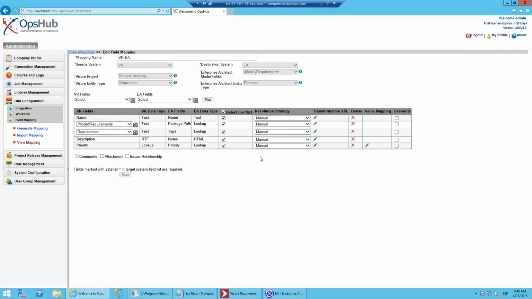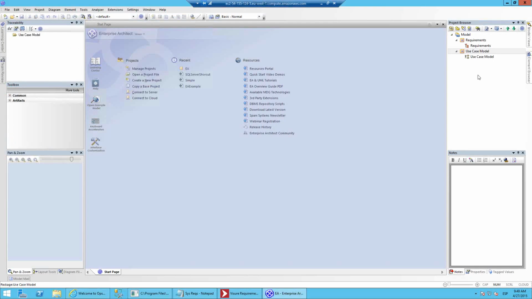Even if, for example, the priority is not matching in both tools. Maybe the priority in Visure Requirements is high, medium, low, but in Enterprise Architect it's going to be a number, 1, 2, 3 or something like that. We can perform the mapping between those values. So it's really easy, it's really simple to keep all those elements mapped. Okay. So once we have waited for a couple of minutes or whatever, and we have configured the integration,